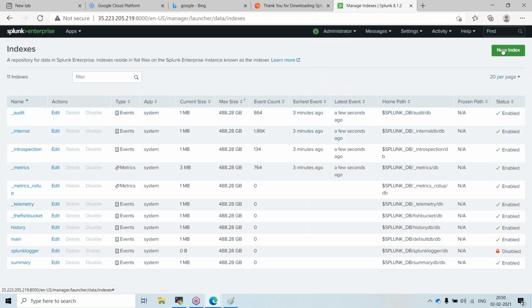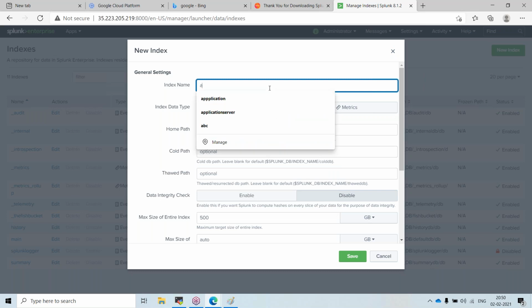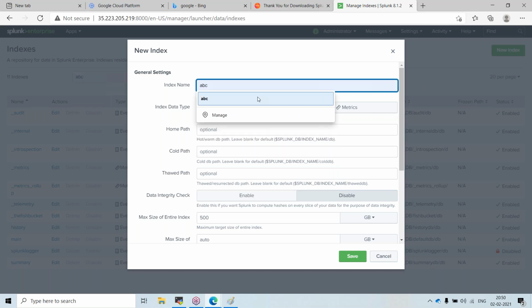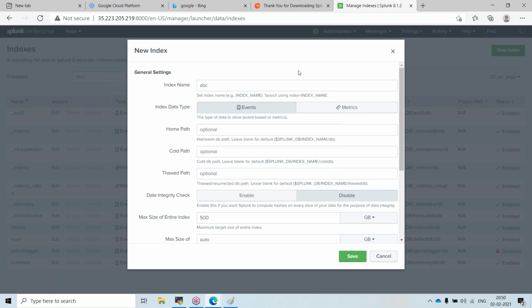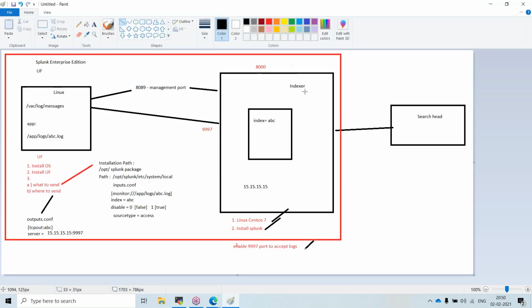Here I click on add new index and create ABC. Now I have created my index and clicked on save. I am done with this part.